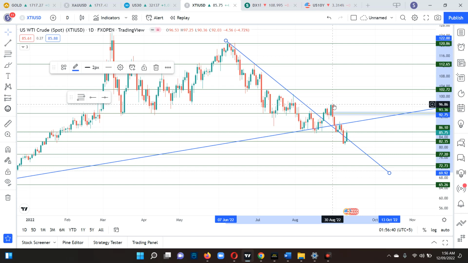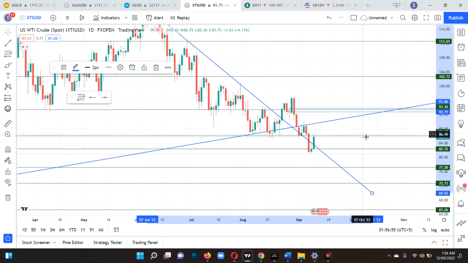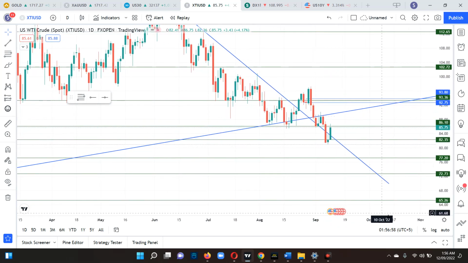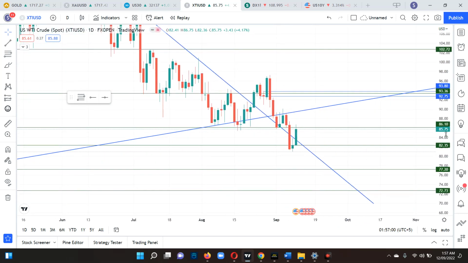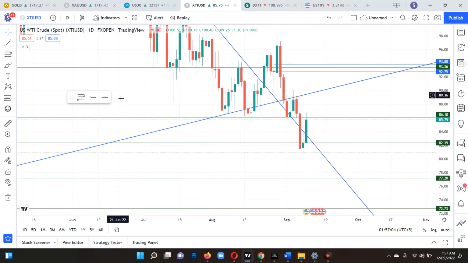But unfortunately, due to fundamentals, the market again fell downside and also broke that weekly trend line. And right now the market has also almost broken the daily trend line. So for this week, if you are trading oil, I suggest you first of all stay away from the market, because this week could be too volatile. Maybe the market will give us a fake breakout and try to move upside.